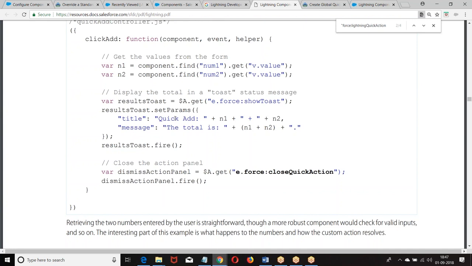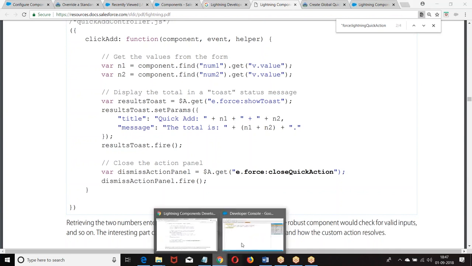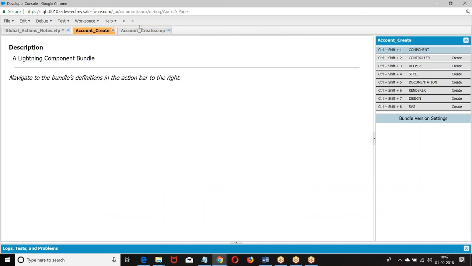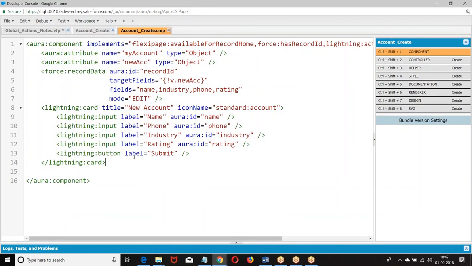Got it? Right, boss? So let me give you this example first. Let me go back. We got a button here, submit. Controller.